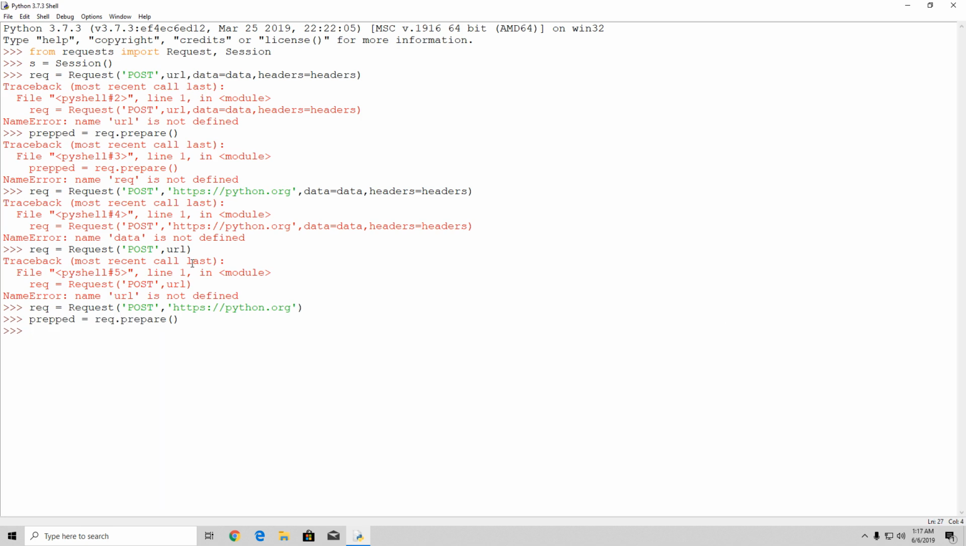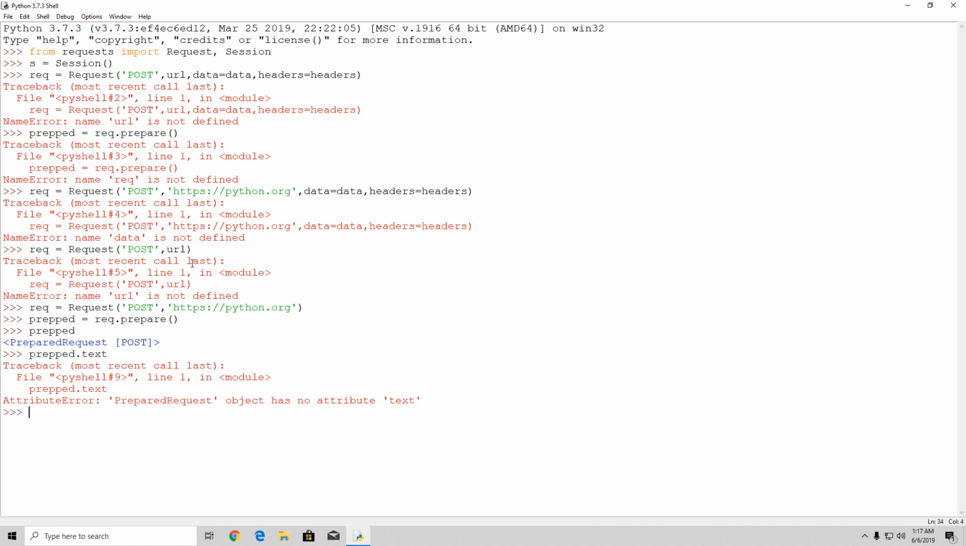And now let's say, for example, let me just type prepped. You will see prepared request. Now let me see if prepped.text is a thing. Yeah, it doesn't have the attribute text. Okay, doesn't even matter. But if we want to, we can simply do something with the header, such as